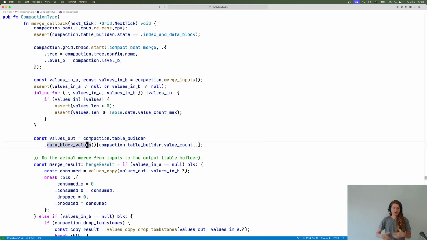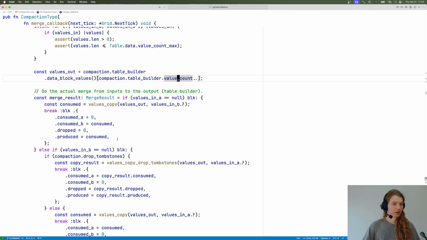The output data lives in the table builder in its value block. And some of that is already filled by the previous merge. Remember when I said that for a merge, we read a chunk from level A, a chunk from level B, and then we merge until we've exhausted one of them? That's actually not true, because we have three chunks in place. We have a chunk from level A, a chunk from level B, and also the output chunk. And any of them could get exhausted while we merge. There are three exit conditions. Either level A finished or level B finished, not an entire level, a single block. Or actually we've run out of